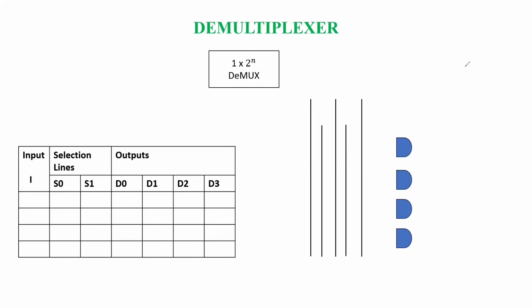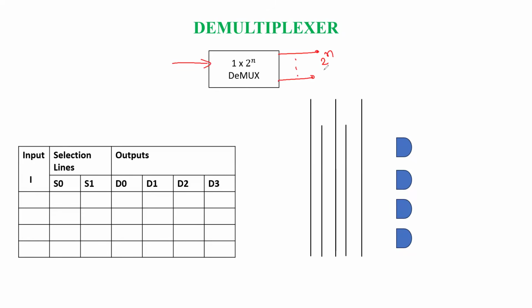Hello, now we'll discuss the demultiplexer in this lecture. It is also a combinational circuit that gives many outputs from a single input. Again, the output depends upon the combination of the selection lines. Here we have only one input in the demultiplexer, and we'll have outputs that will be